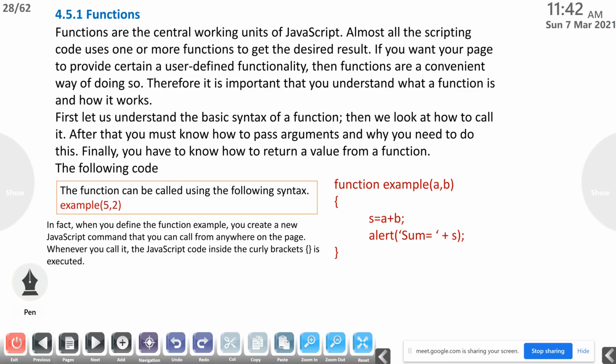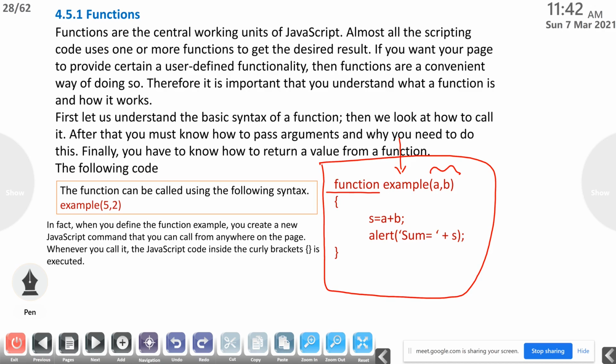First one, the function can be defined using the following syntax. This is the way that we can define a function. For declaring a function, first we use the keyword function, then give the function name. Here the name of the function is example, then the argument list.